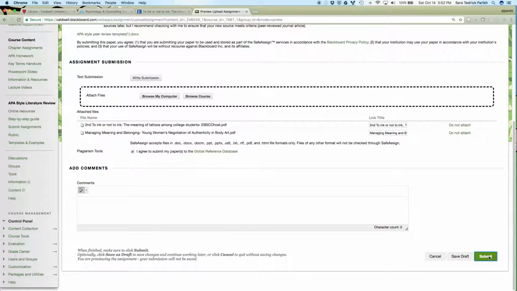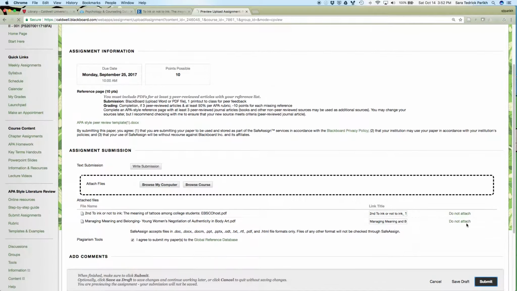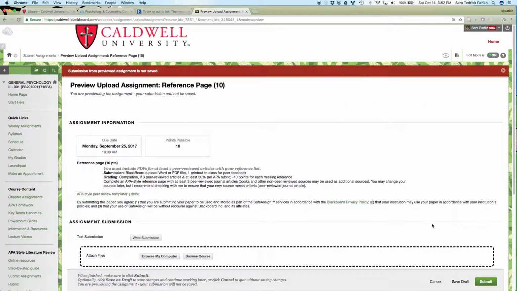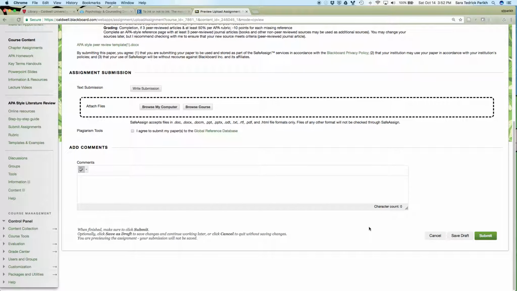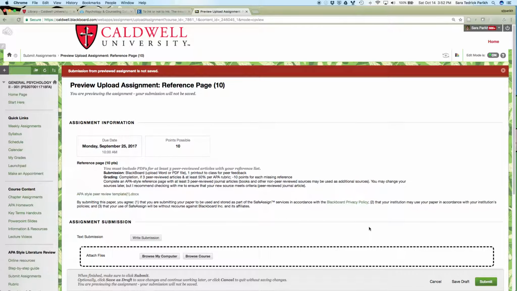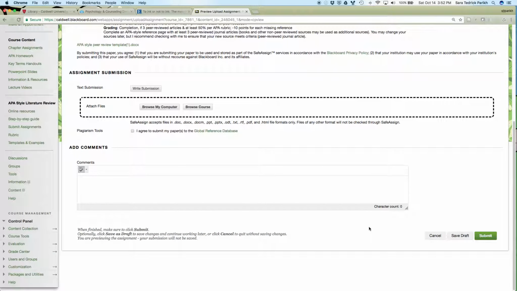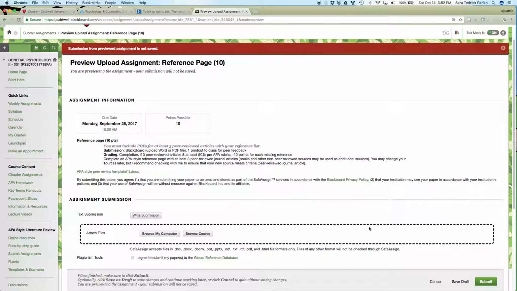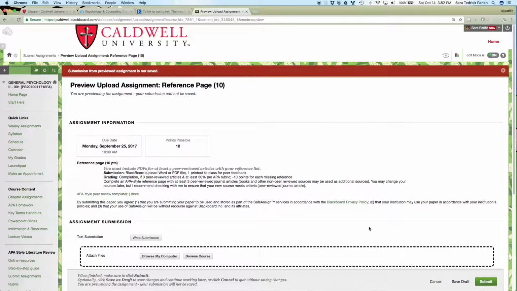So I hit submit. Takes a minute. There it's thinking about it. This is, I assume, doing weird stuff because I'm not actually a student. I have a professor one, but yours should go through. If you try several times and it doesn't, come to office hours and we'll look at it together. Generally, when people try again